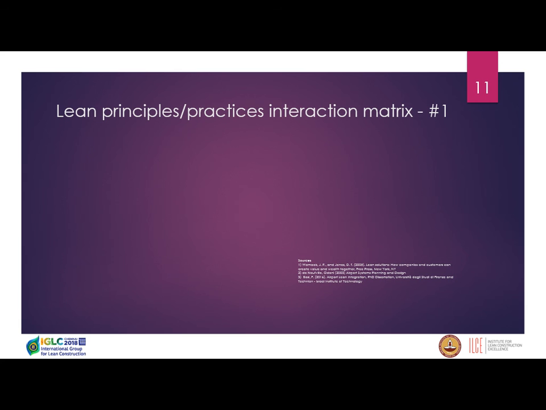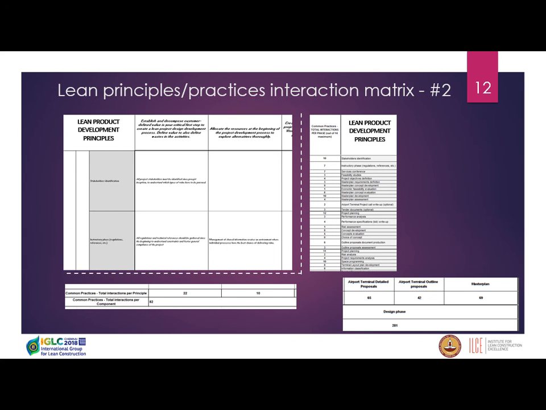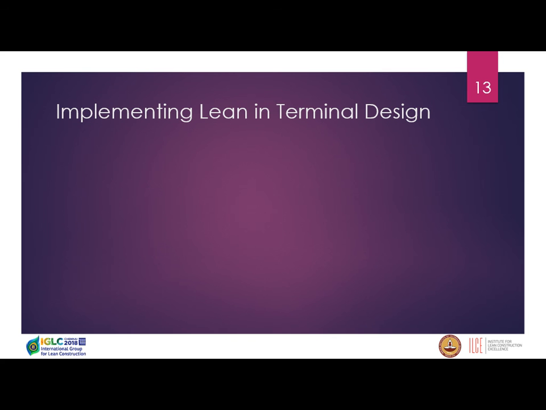So I'll just show you briefly the lean principles practices interaction matrix. This is an attempt to lay out the design process step by step and then different lean design practices. That's being done, the map exists, you can find it in the paper and as supplementary material, but really what it's doing is taking lean design practices along the top, the different stages of airport design along the left, and then highlighting what can be done. And there are all in all 100 and something potential point improvements, but they all wrap up into a more